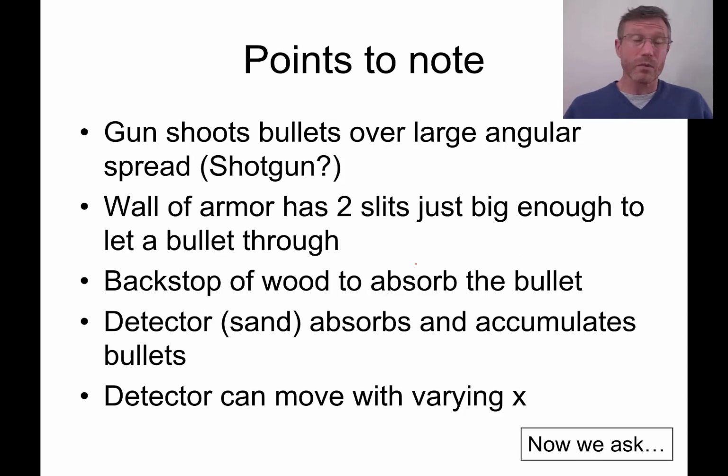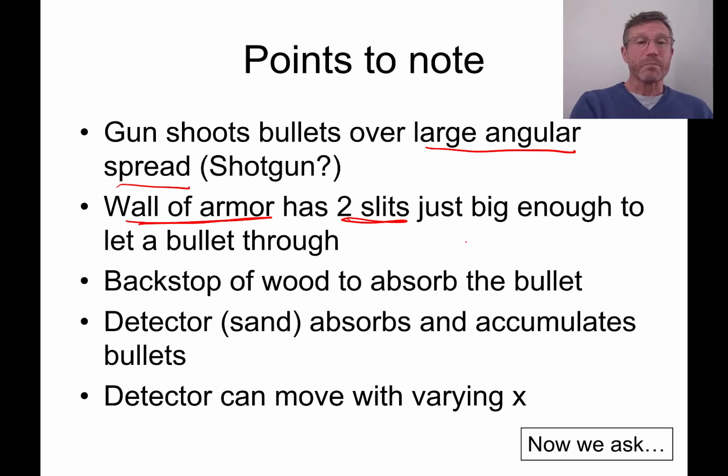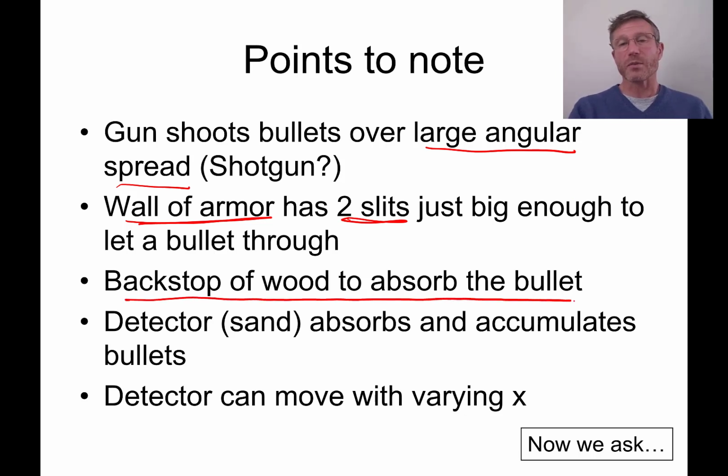As we tee ourselves up for the quantum mechanics experiment, in this classical experiment, what we think about is, as I've mentioned, there's large angular spread. So maybe it's a shotgun in here. We've got this wall of armor. It's got two slits just big enough to let a bullet through. The wood is this backstop, and it absorbs the bullet. We have a detector. It's really just a little thimble of sand, and it absorbs and accumulates the bullets, and that detector moves up and down. And so now we ask the question,